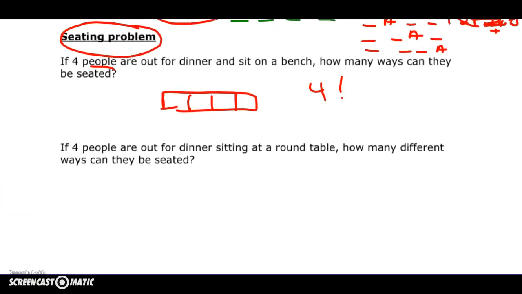If 4 people out for dinner are sitting at a round table, how many ways can they be seated? Okay, so this is a great question. The difference between a round table and a square table, okay, if I was at a square table and I said, all the seats are different, so we have a red chair, a blue chair, a green chair, and a yellow chair, something like that, right? And we look at this sort of thing here, and we have these different people, and it's different if I have,